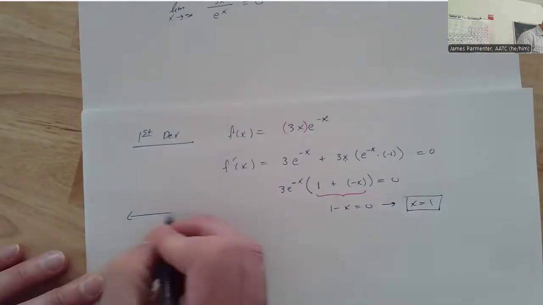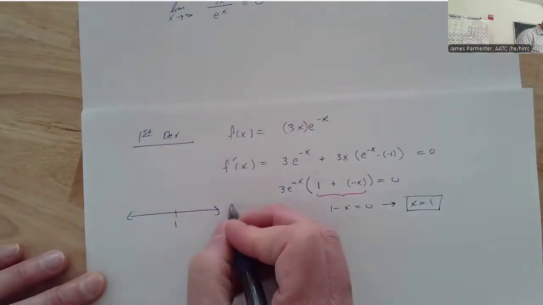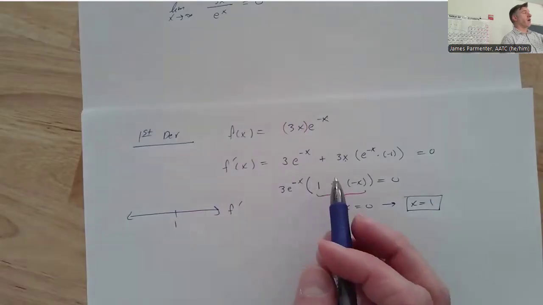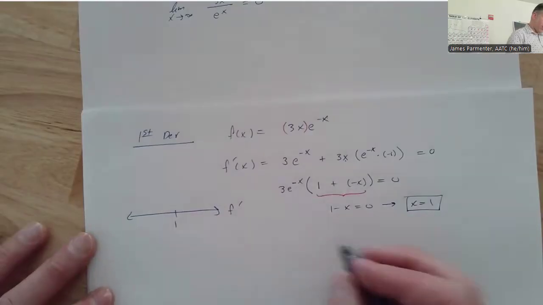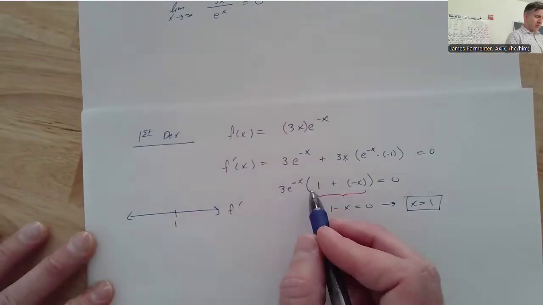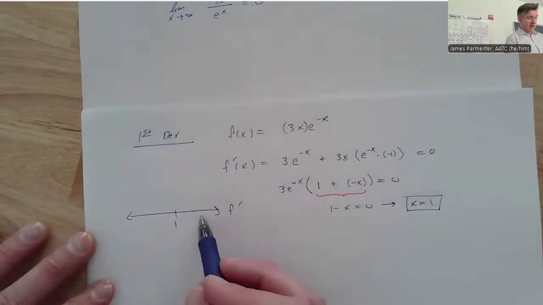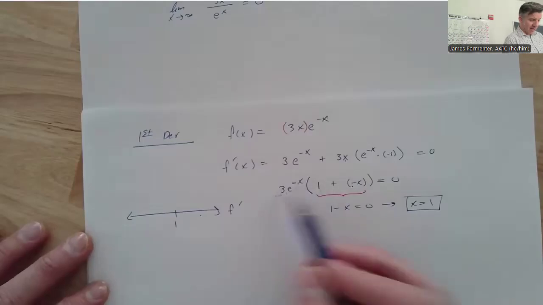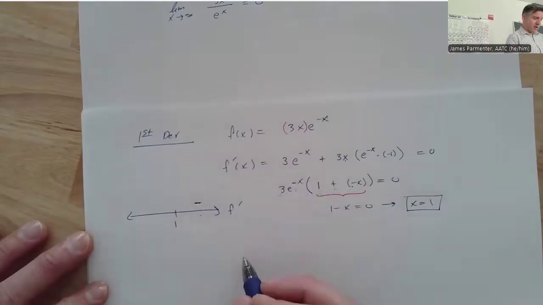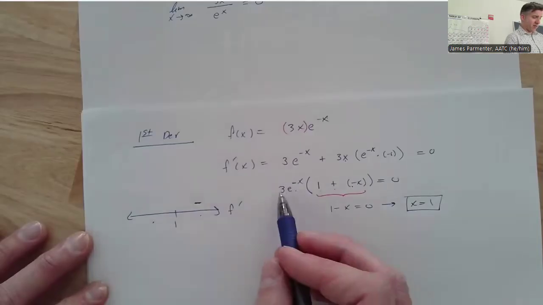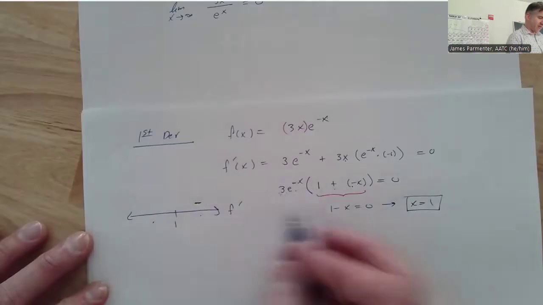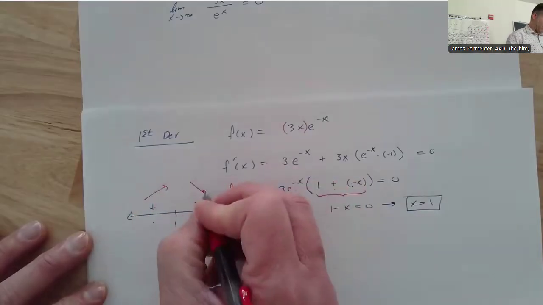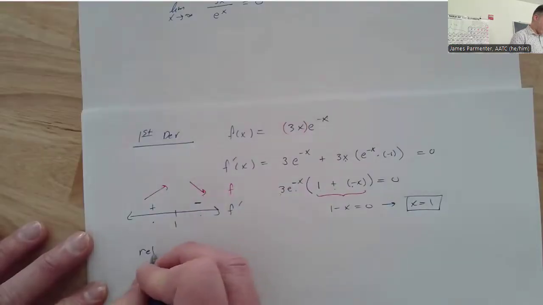Put it on the number line and look at what our derivative is doing. It's definitely easiest to look at the factored form of your derivative. Here f prime is 3e to the negative x times 1 minus x. Pick a number bigger than 1, like 5. 1 plus negative 5 is negative. 3e to anything is positive. A negative times a positive is negative. Over on the other side of 1, like 0: 3e to the 0 is positive, 1 plus 0 is positive, the whole thing's positive. So our function is increasing, then decreasing, which means we definitely get a relative